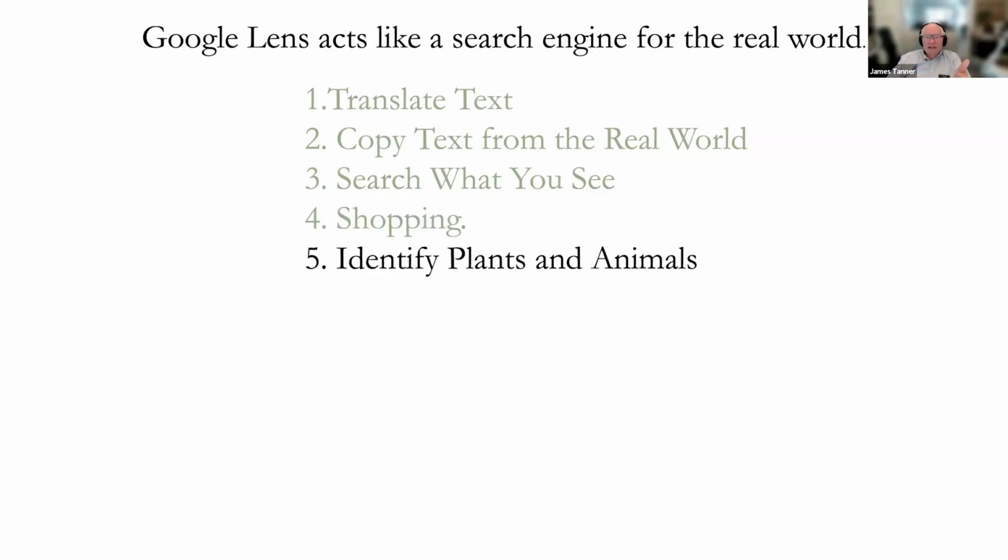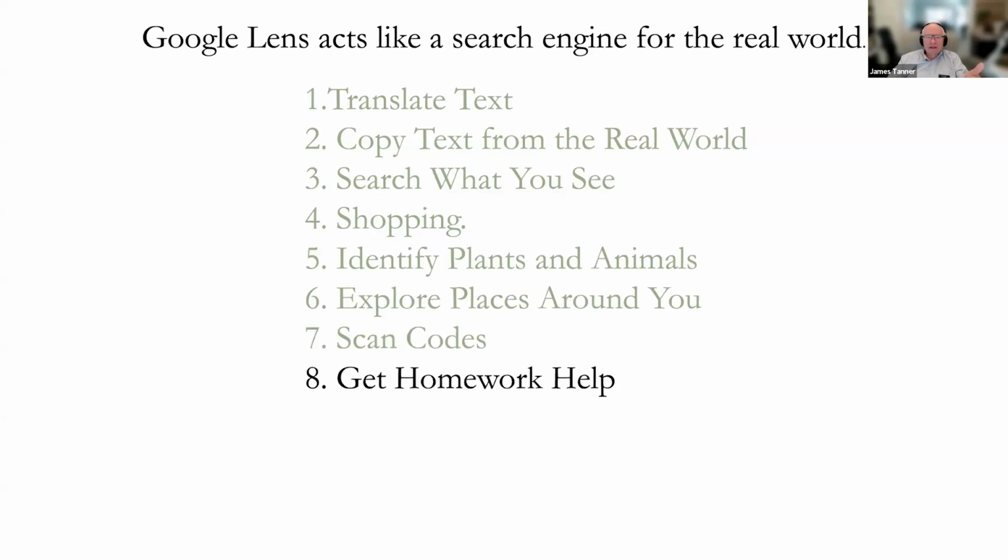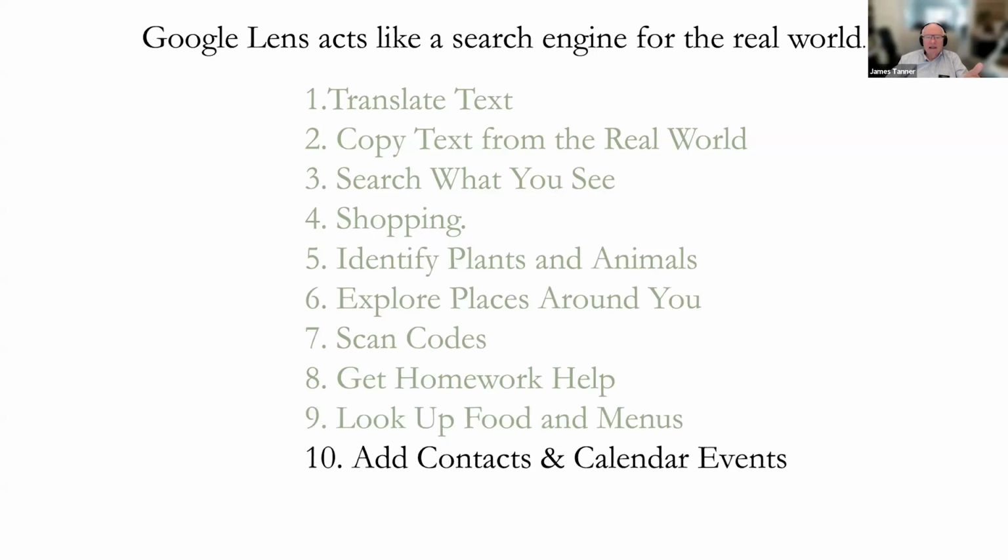They can identify plants and animals, explore places around you, and scan codes. It can get your homework help, look up food menus, and add contacts and calendar events. Google Lens does all of this,